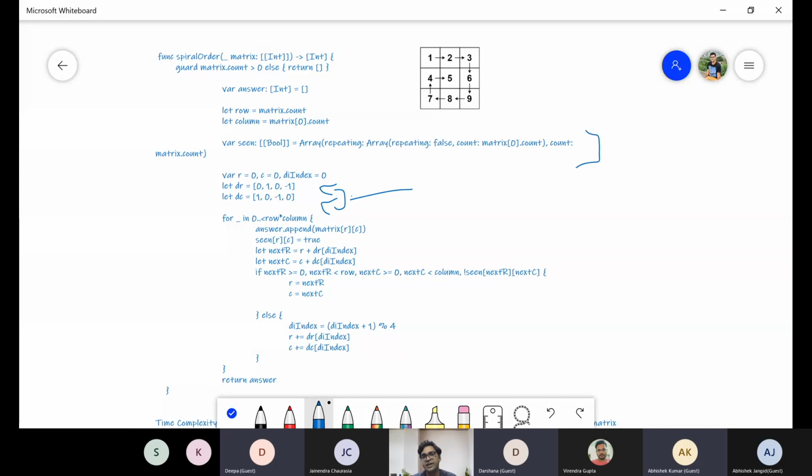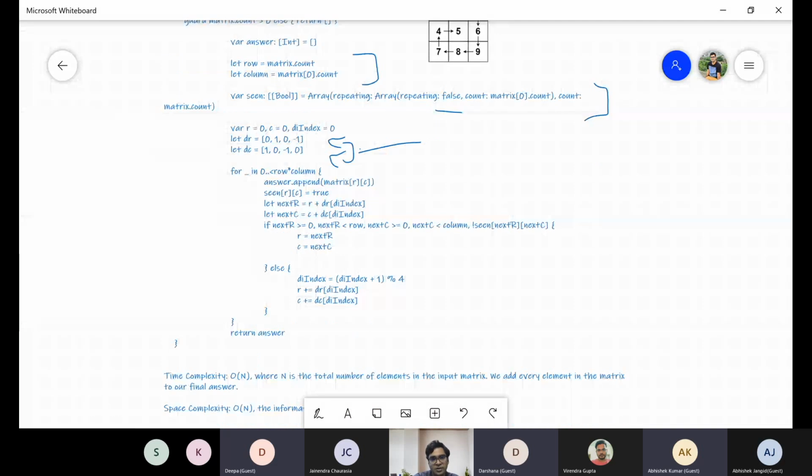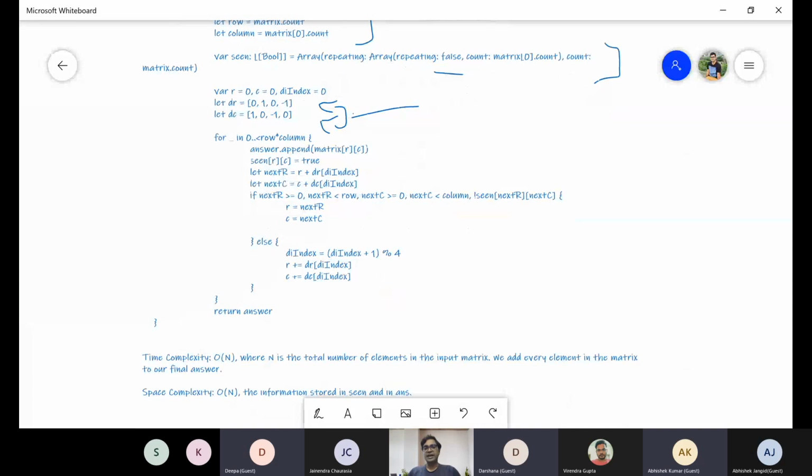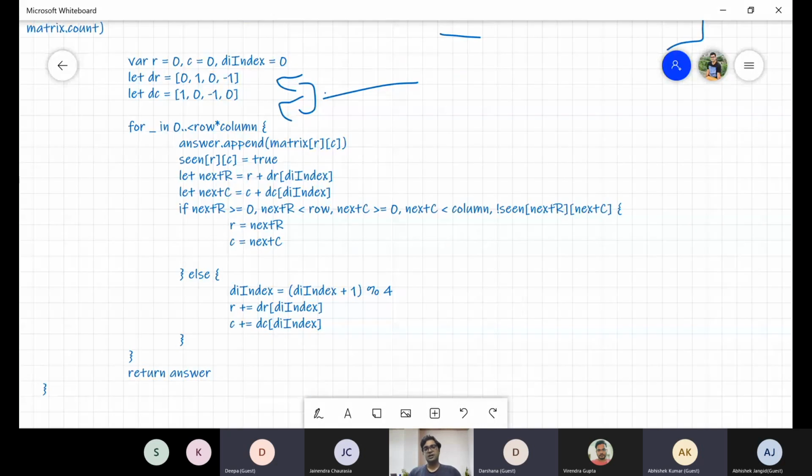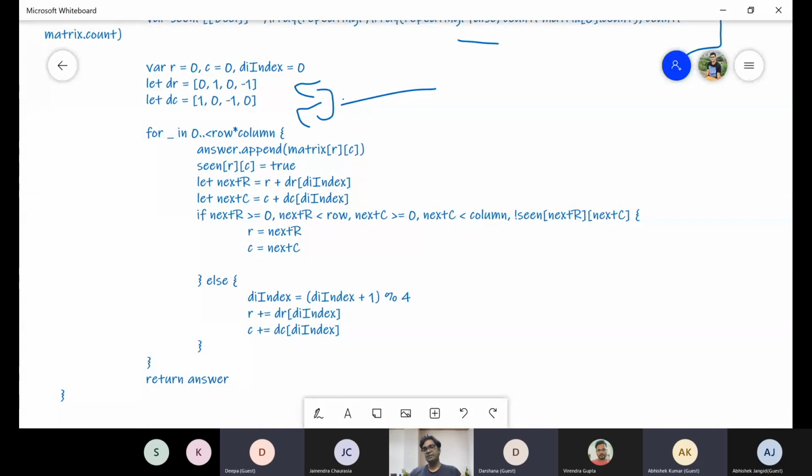Initially, we defined it with false because we are tracking repeats. So initially the complete 2D matrix is false. Then we calculated the row and column size, and then the normal logic will come. We just traverse it and we will write the logic here. So we will go through that logic first, and then we will move to the optimized approach also. If you see the for loop, the total number of times we need to traverse is the number of rows multiplied by the number of columns, which is basically m cross n.